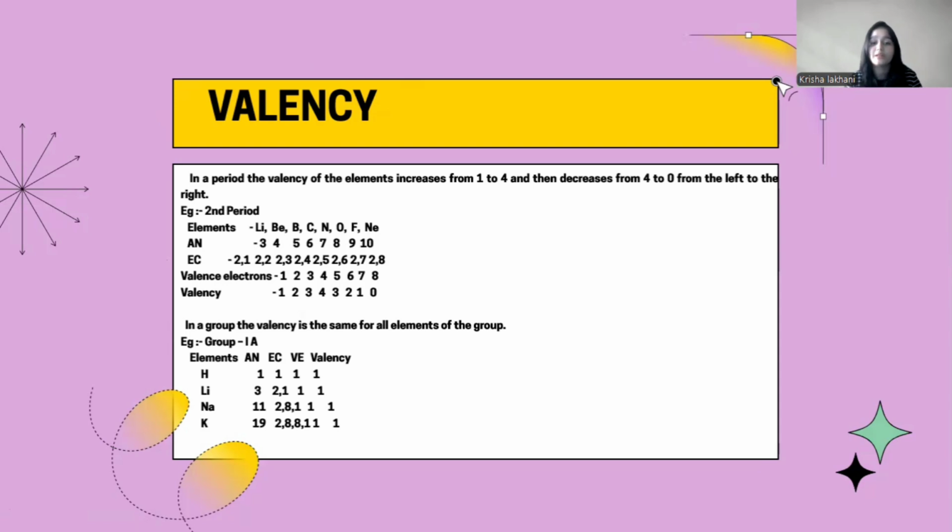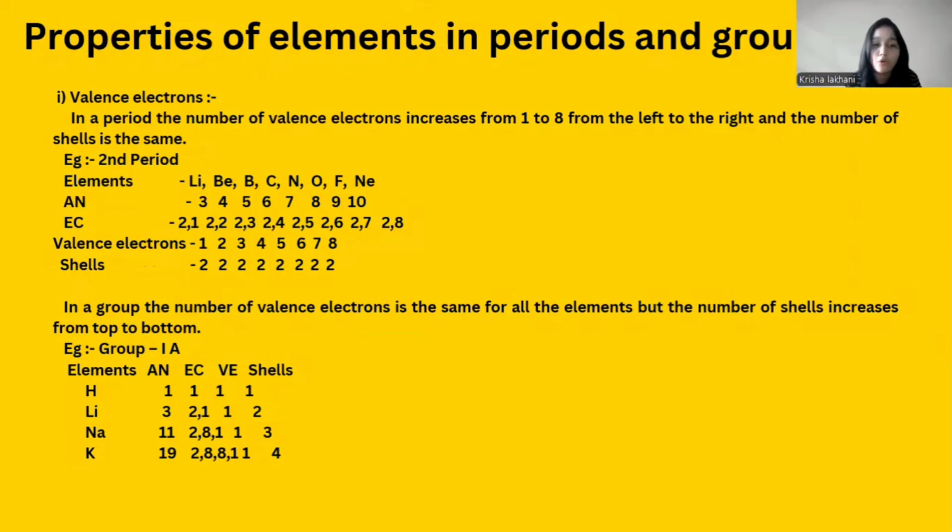Valence electron मतलब जितने इलेक्ट्रॉन उनके आउटर मोस्ट शेल के अंदर है, कितने इलेक्ट्रॉन आउटर मोस्ट शेल के अंदर है, वो ही वहां पर वैलेंस इलेक्ट्रॉन में काउंट होंगे. See, now lithium has 1 electron in its outermost shell. They will write 1. Beryllium has 2 in its outermost shell.